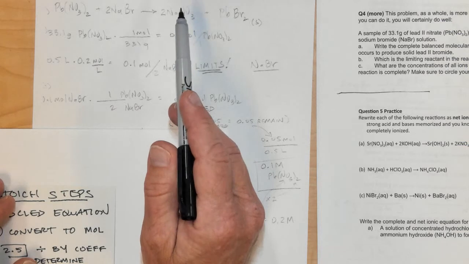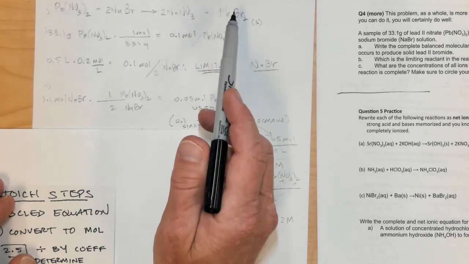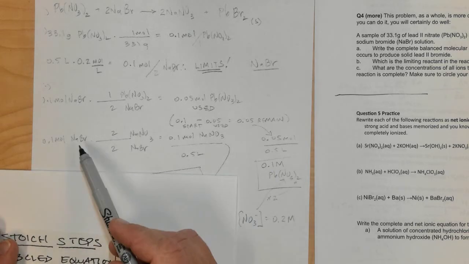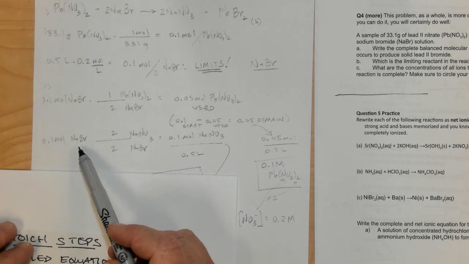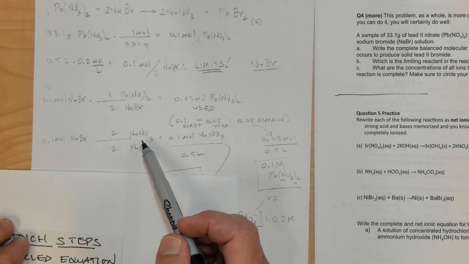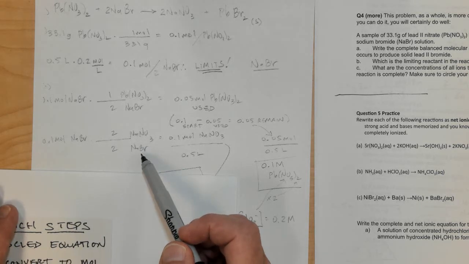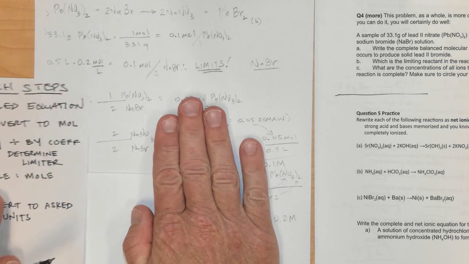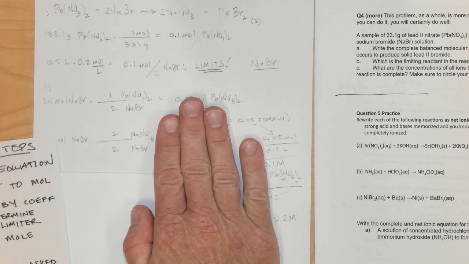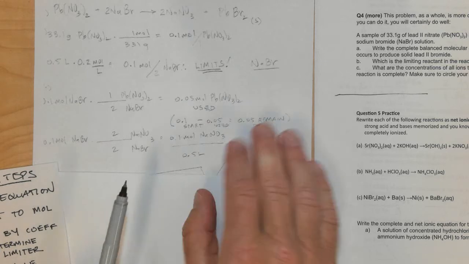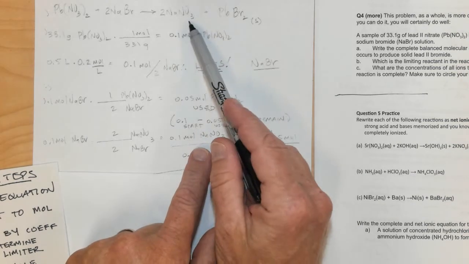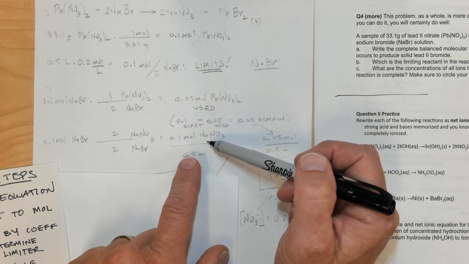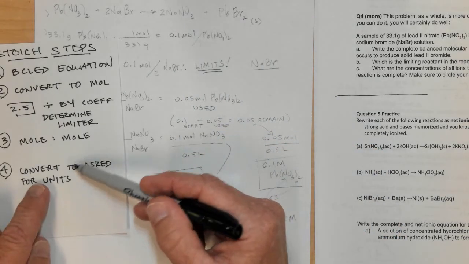Now I have to go do a similar thing for the sodium nitrate and the lead bromide over here. So let's do the sodium bromide as my limiter once again, and then I'd go to sodium nitrate, and sodium bromide. So there's my mole to mole ratio, step number 3 right here, mole to mole ratio. And then after I multiply by my mole to mole ratio, I find out how much sodium nitrate is produced. I take that number of moles and I have to use the molarity triangle to convert to the asked for units, and asked for units